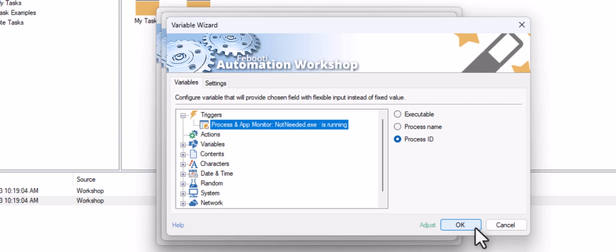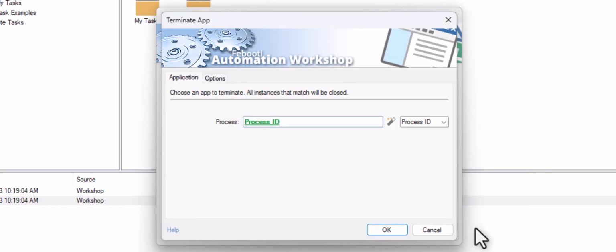In our case, it is already suggesting that we use a process ID from the trigger that we added in the previous step. Let's accept that. The terminate app action will kill the exact process that our trigger has detected as running.